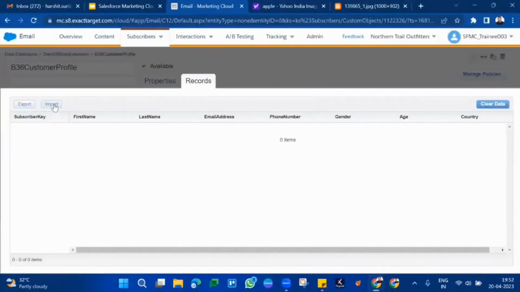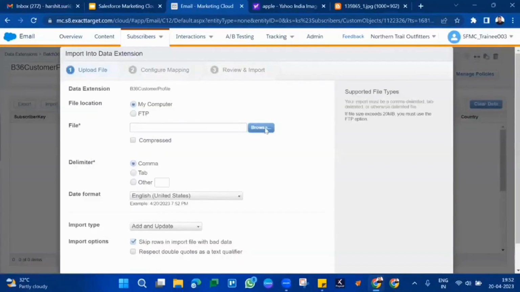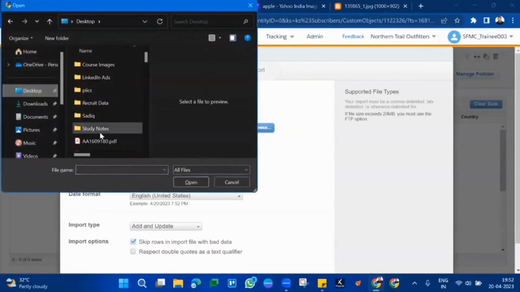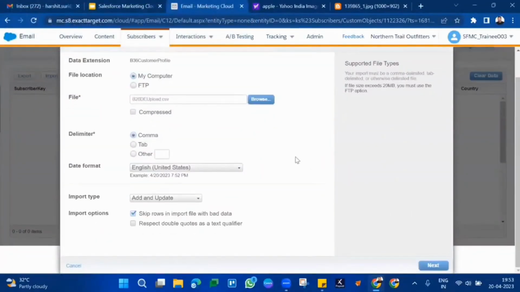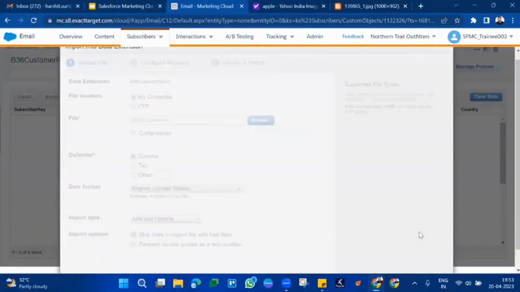We can click on import into a data extension. Once we click on import, we can click on browse option, select the file. Once we have selected this file, we'll click on next option. Once we click on next option,